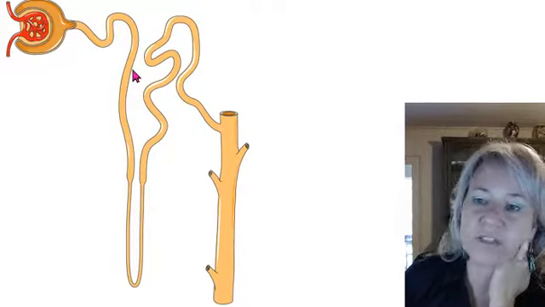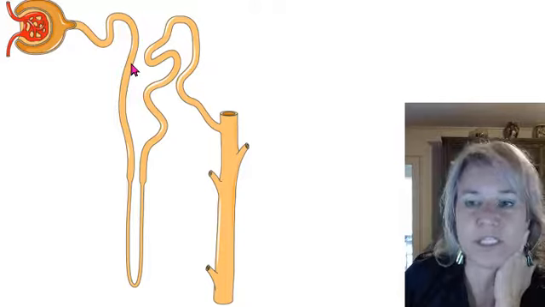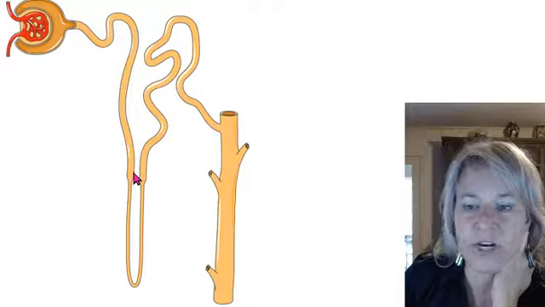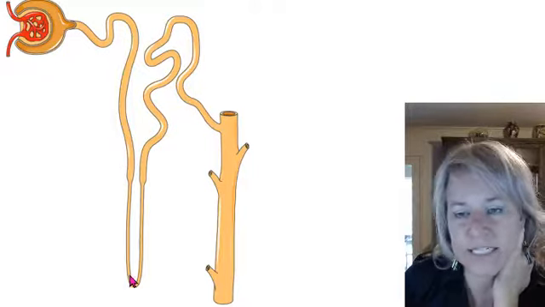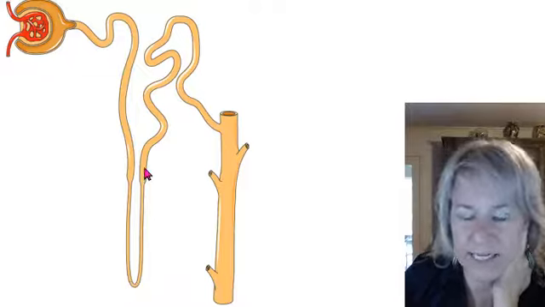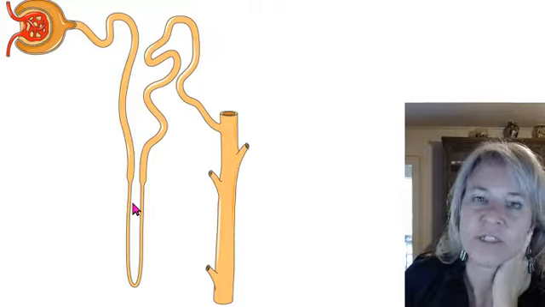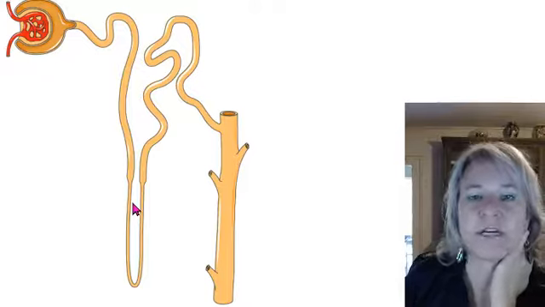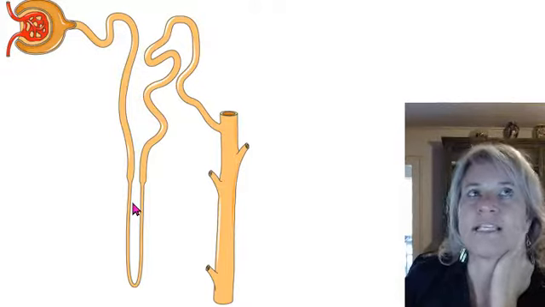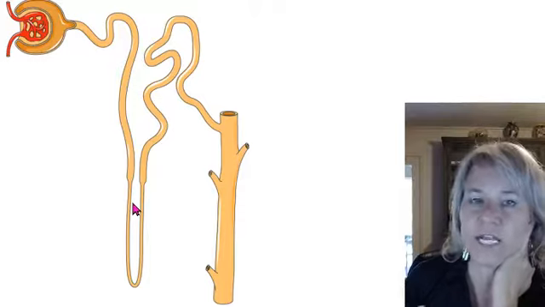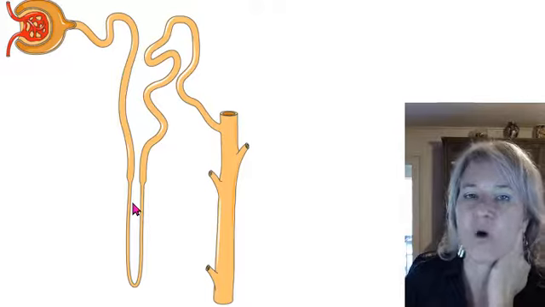So the proximal convoluted tubule will reabsorb some of that good stuff and put it back into the blood. Then it's going to come down here in this loop, the loop of Henle. So we have the descending limb and the ascending limb of the loop of Henle. And it's in here where you're pumping the sodium and creating this salty environment to create this osmotic pressure gradient in order to retain water,